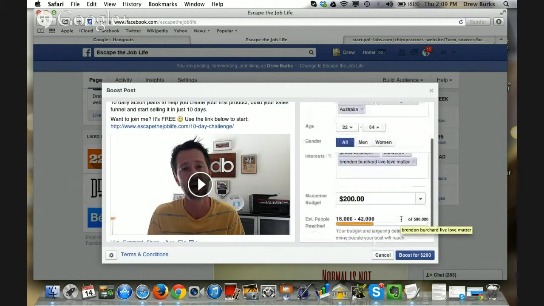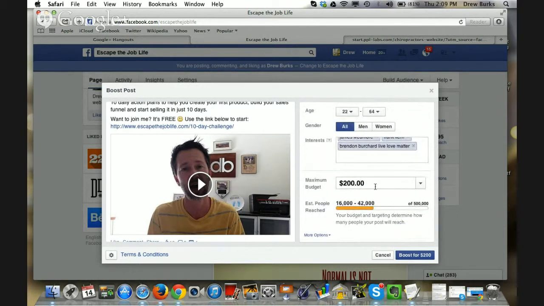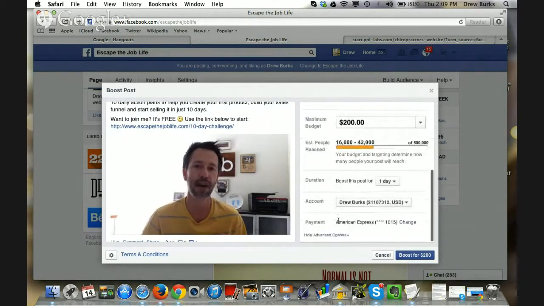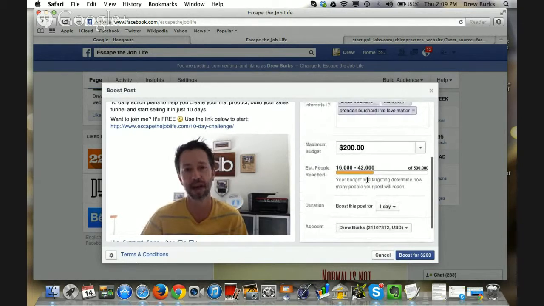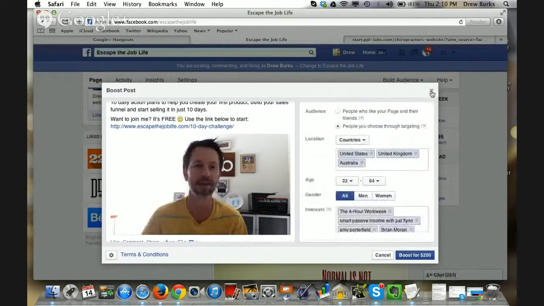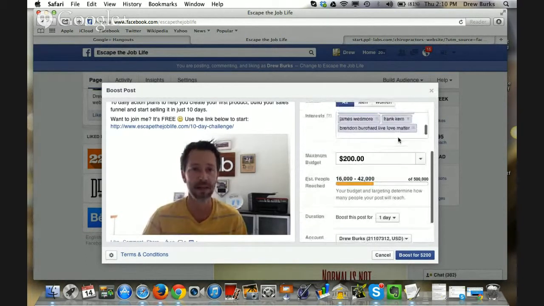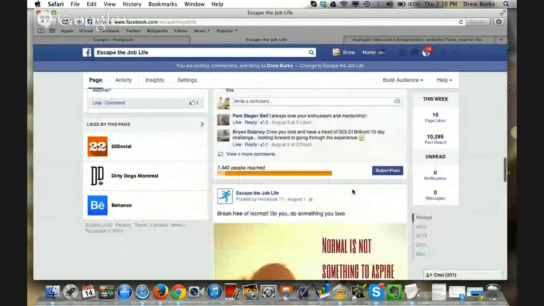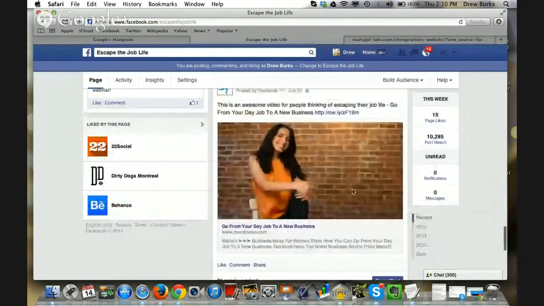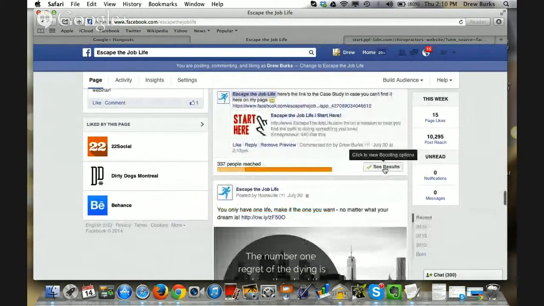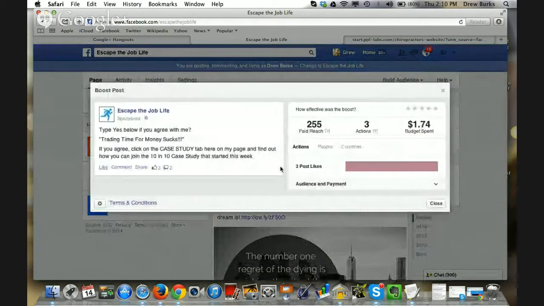And here, this will tell you my maximum budget was $200, and actually, see, this doesn't actually show me what I spent here. It's interesting, it doesn't show me that. So usually, unless this is a new Facebook change, let me go to an older one. They used to show the amount of money you spent. So here, see results. This one I spent $1.74 and I got 3 actions,